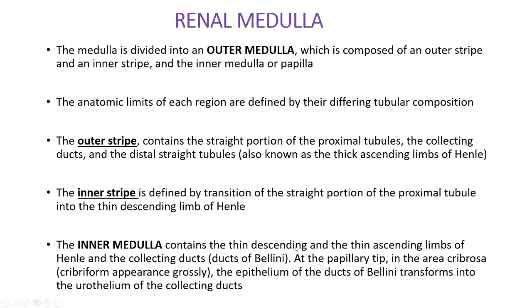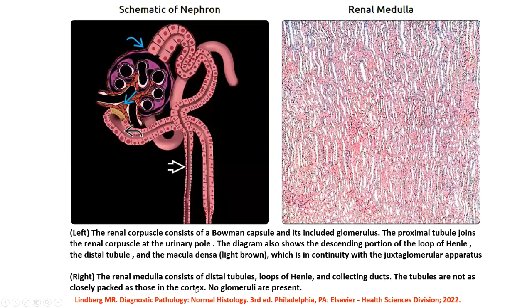And as the renal medulla reaches the papillary tip, which opens into the renal calyx, you will find that the epithelium of these collecting ducts will ultimately get transformed into the urothelium of the collecting ducts. So in this particular illustration, you have this nephron, which is composed of the glomerular capillary loops, which undergo transition into the tubular elements,